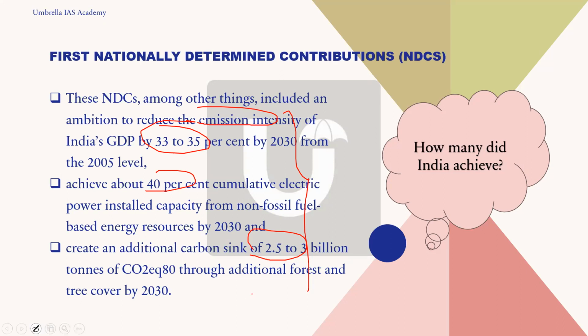Among these, we have achieved the first one: the document says that we have achieved almost 1.9 billion tons, till 2019. The other two, the document says we have also achieved: a 33% reduction of energy intensity, and 40% non-fossil fuel based energy. These two things we have achieved, so you can mention this in the interview as well.